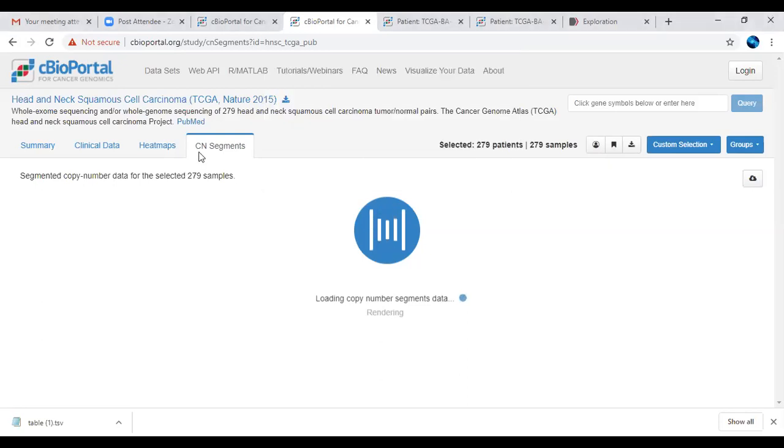You can even get the basis on which the heat map has been generated. They are showing only the data with respect to the mRNA data set. So whatever the data sets and the scores they have used, it has been introduced in this particular CN segment.